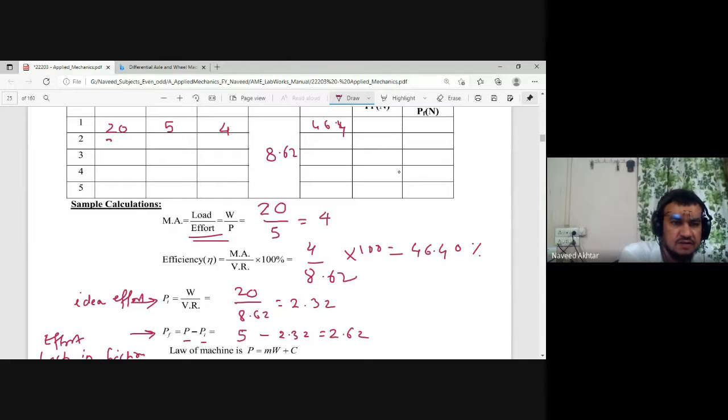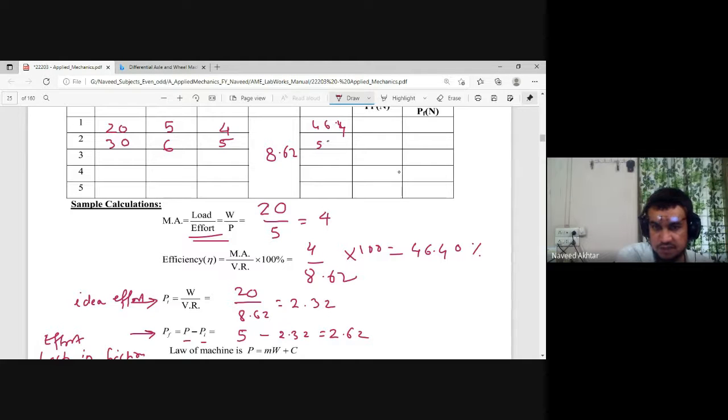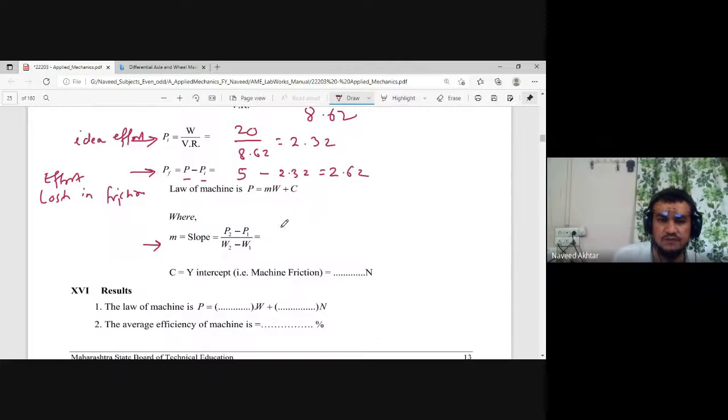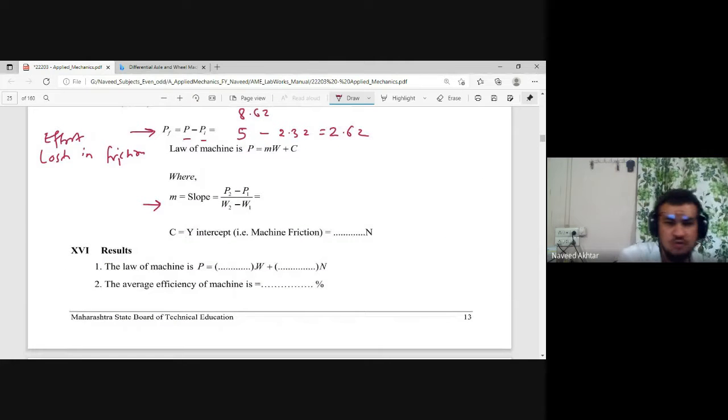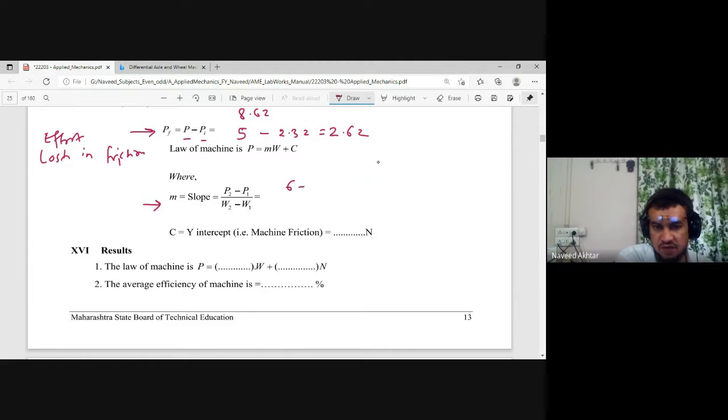If I write for 30 Newton, the effort required is 6 Newton, and the mechanical advantage is 5. Velocity ratio is the same. Efficiency will be 58%. Then effort, load and all these things you have to find out: 3.48 and then 2.52, and we can find out the slope. Slope is nothing but P2 minus P1 divided by W2 minus W1. P2 is 6, P1 is 5, divided by W2 is 30 minus W1 is 20,